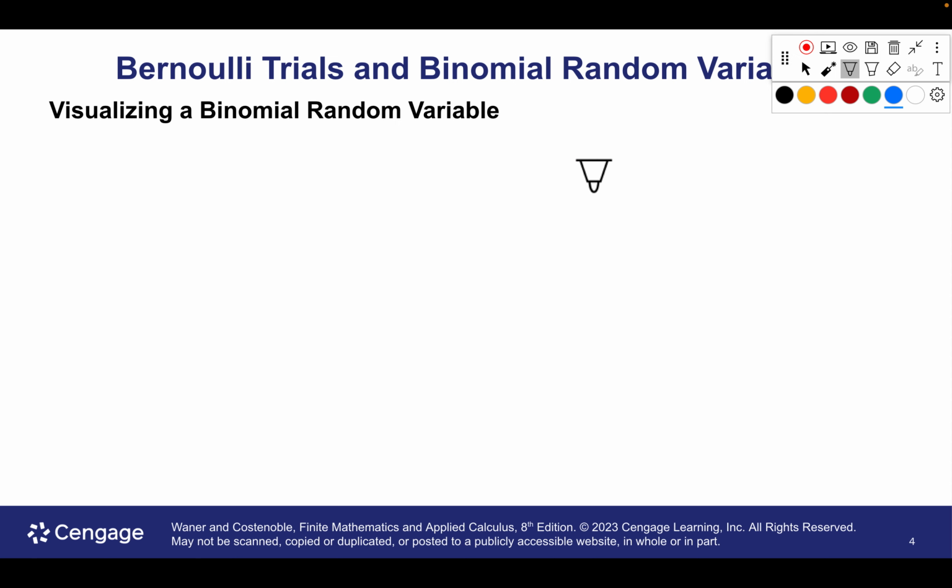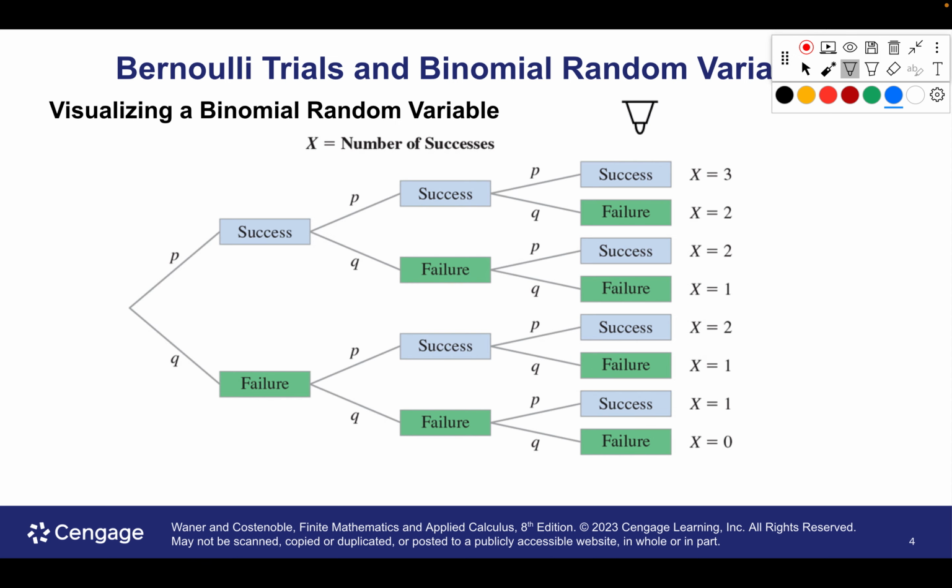So we're going to visualize it. I think this is where we get into our example shortly after this. So what's happening if there are 3 trials? We're just getting more and more branches. And you see how for the 4th trial, each one of these would have 2 things coming off. But this is success, success, success, so we say there were 3 successes, x equals 3. Success, success, failure: there were only 2 successes, so x equals 2 for this one, and so forth down the line. Okay, so this is all we have to really keep track of for this whole thing.